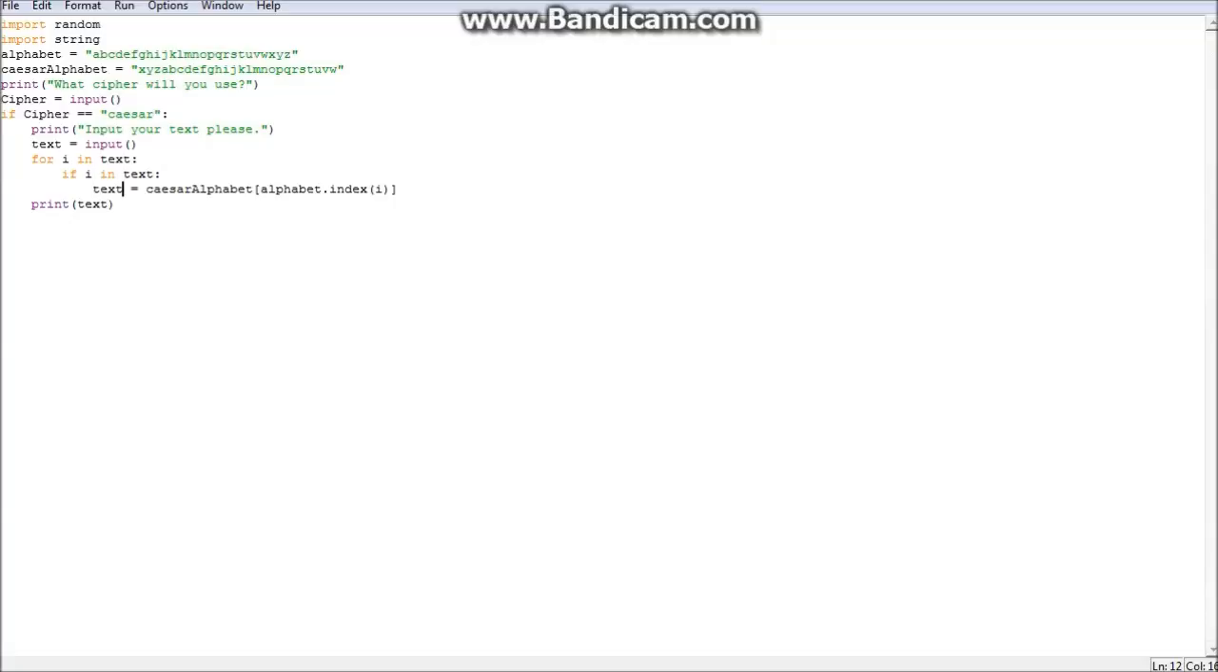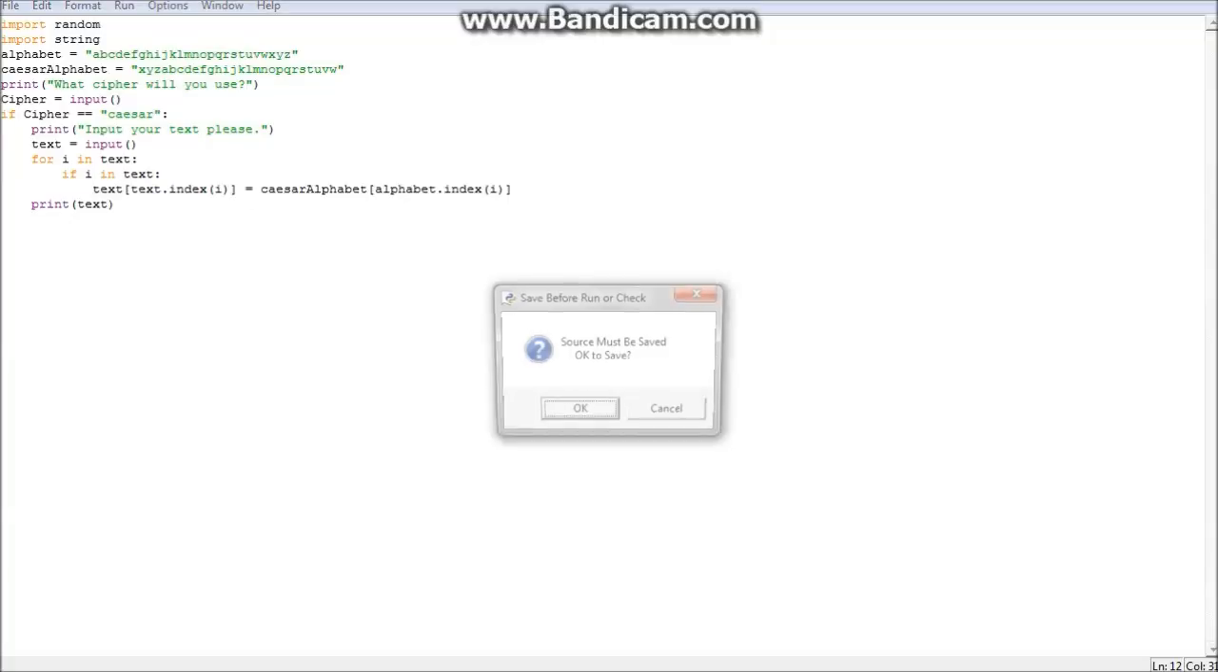So you've got to do text square bracket. So you need to define the correct index. What you do is text equals text dot index, and you do another bracket I. That will find the character I and what point it is in the text, and it will change that into that. Yeah, so we should do that. Now if we run it,